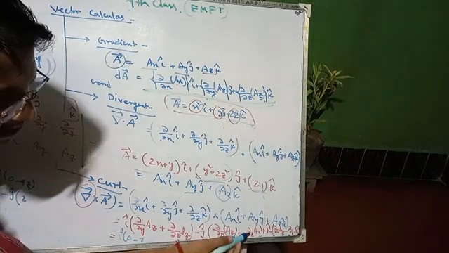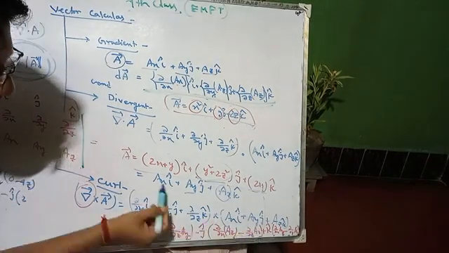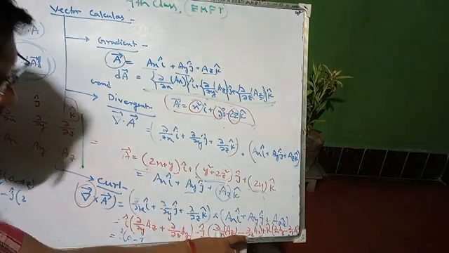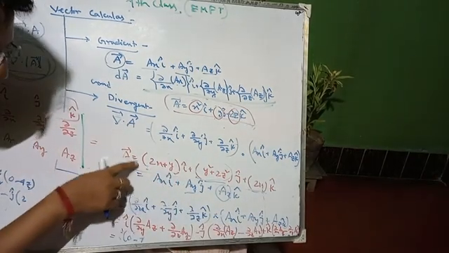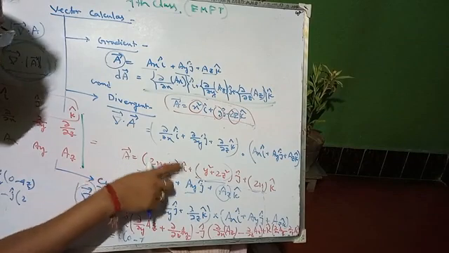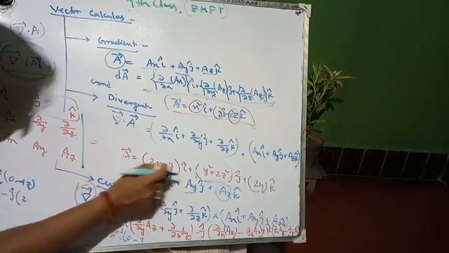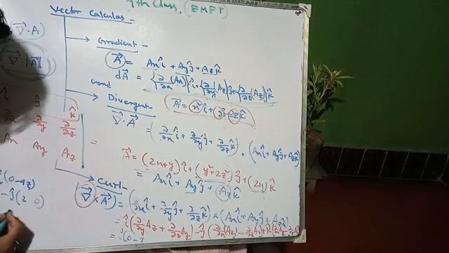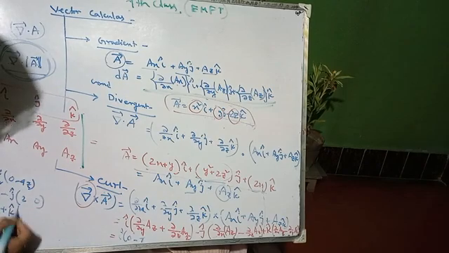Okay, so next one, del del z ax. So ax means this one, del del z. So if we consider this one by derivating z part only, then it will be 0, because there is no z part. So 2 minus 0, right? Then plus k cap. So what will be your answer?